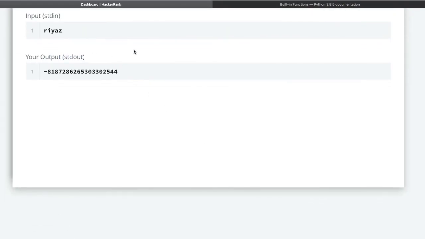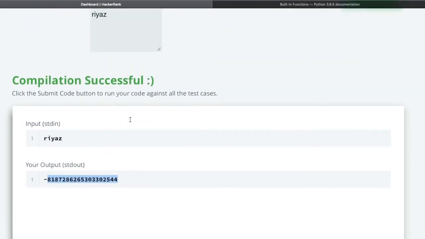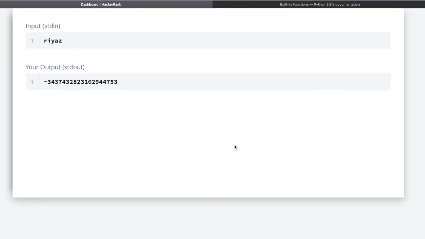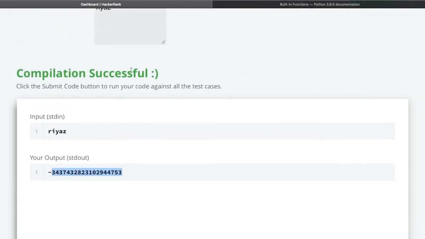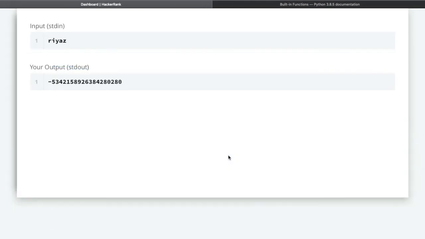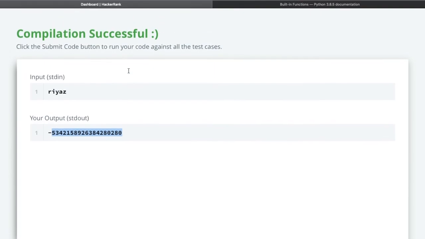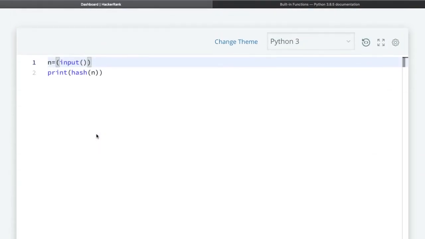So you can see here when I executed again the hash value changed. Let me execute this again. Now you can see here we are getting some different hash value. Let me execute this one more time. Now you can see here each time we got a new hash value, means this variable is being stored in a different location each time. So this was the problem.